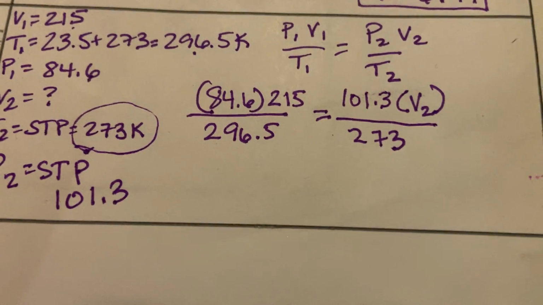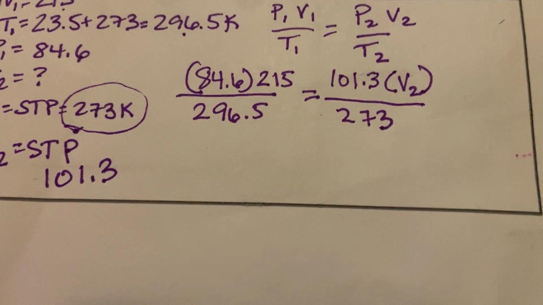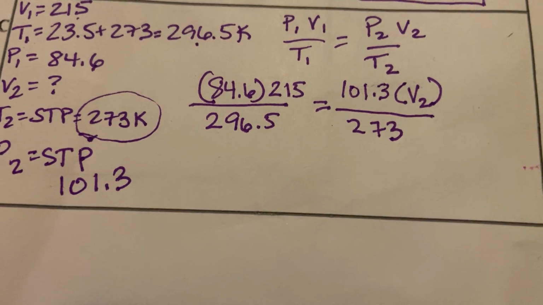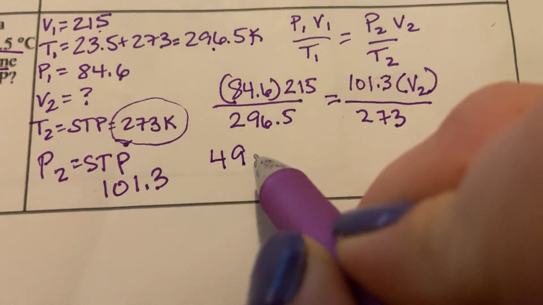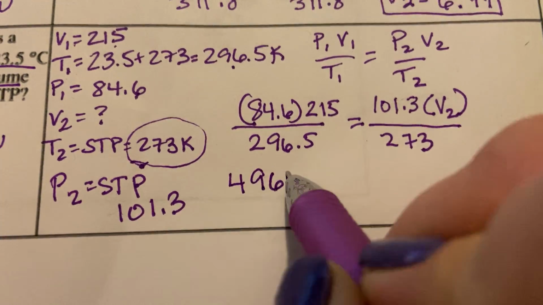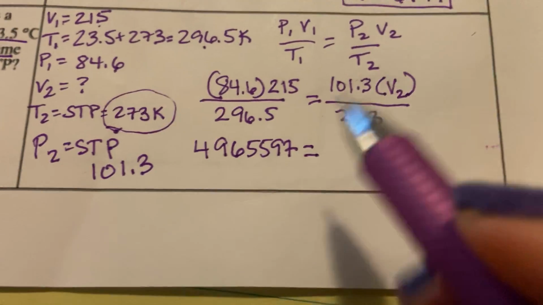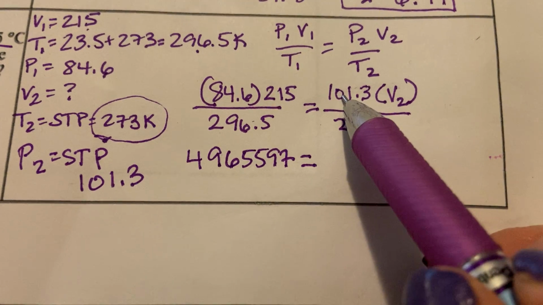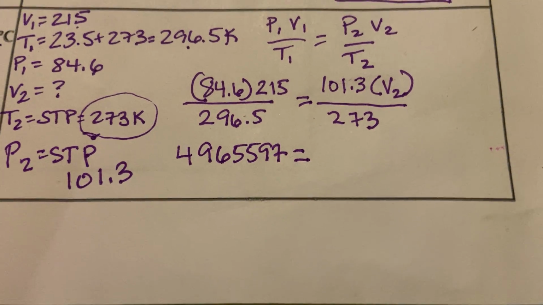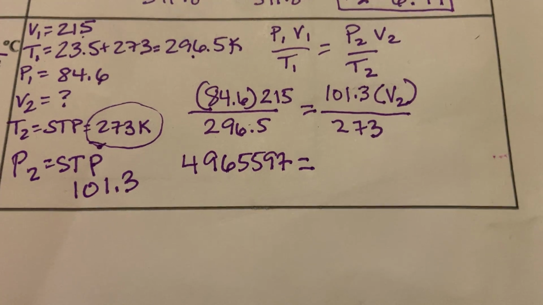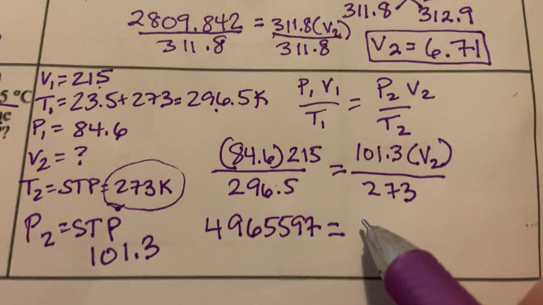So that number times 273 gives me a large number of 4965597. And that equals this multiplied by this, so 296.5 times 101.3 equals